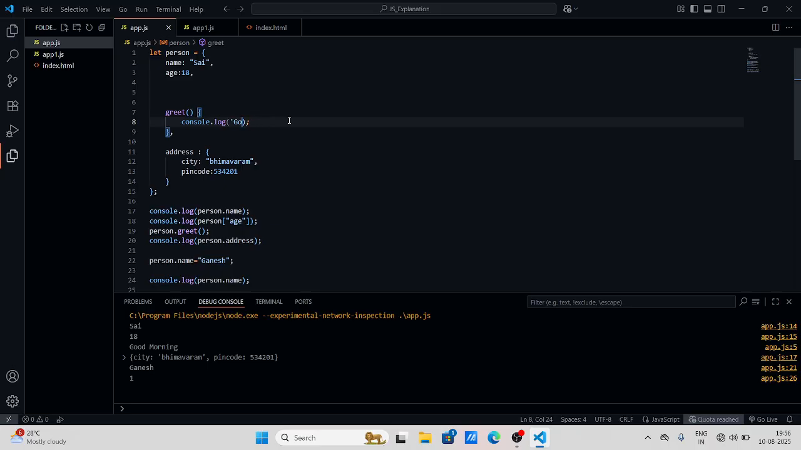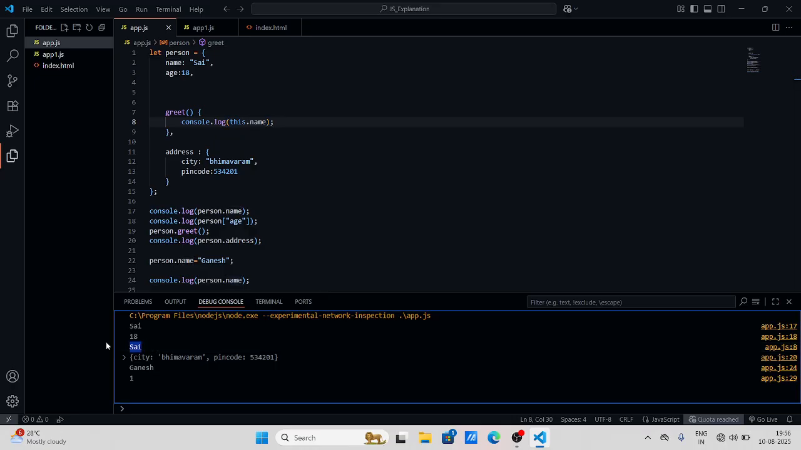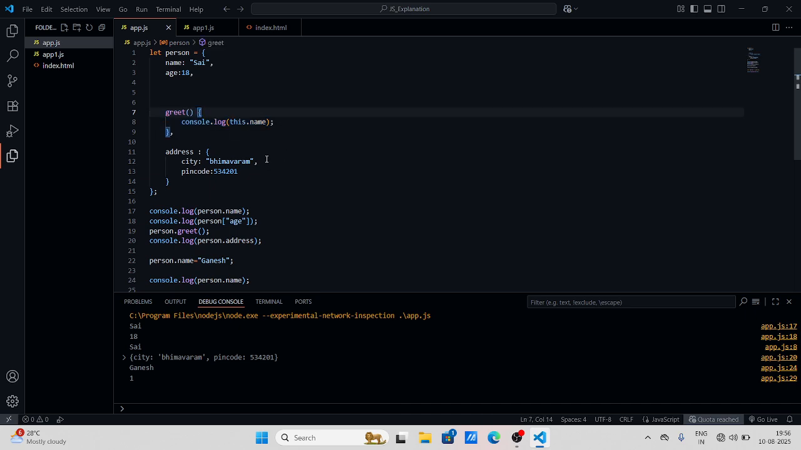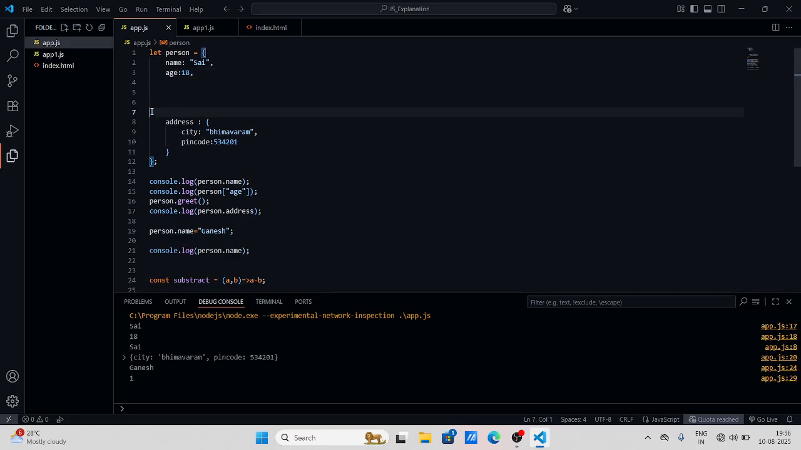We can remove this good morning, and we can say this dot name. So what it does is it prints the name Sai. So actually, since it's a normal function, it is printing this. This dot name refers to the name inside the object, which is Sai. So since it's a normal function, we can see that it's printing Sai. But when we use an arrow function here,